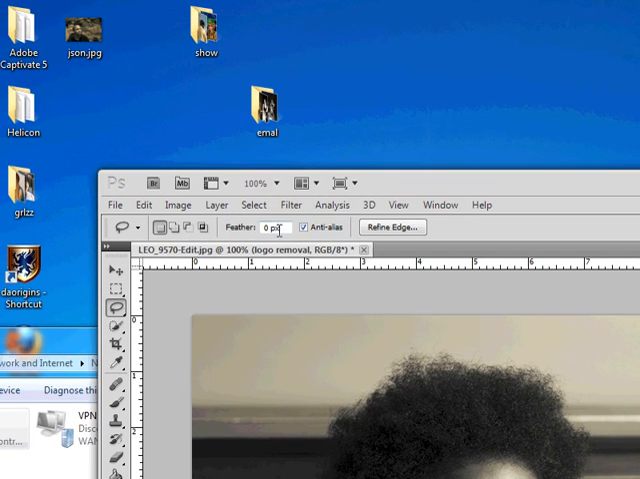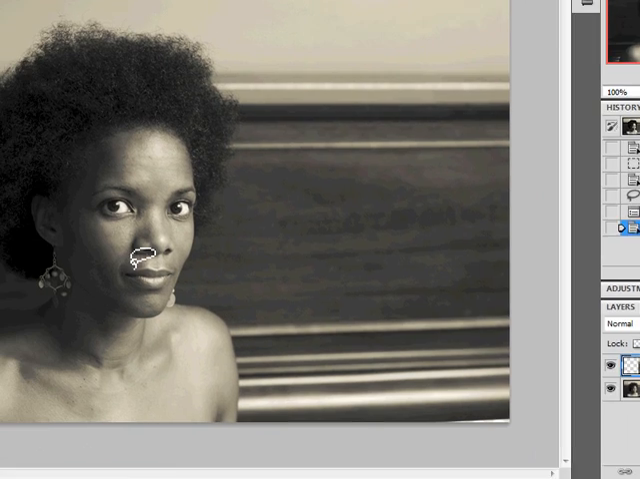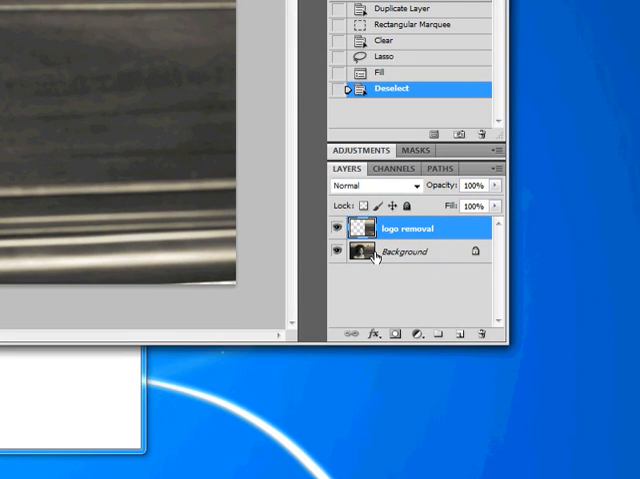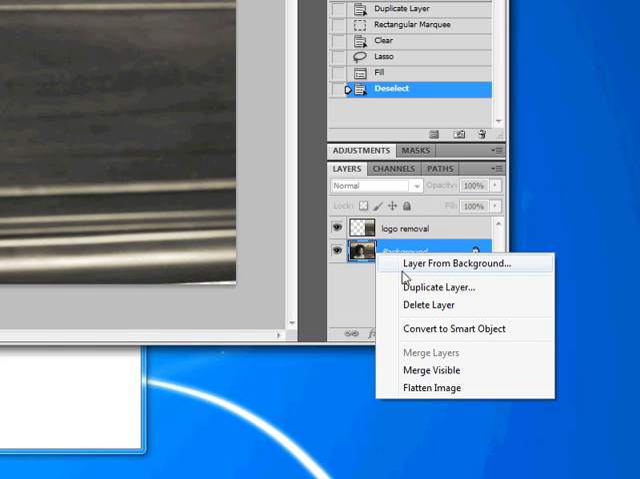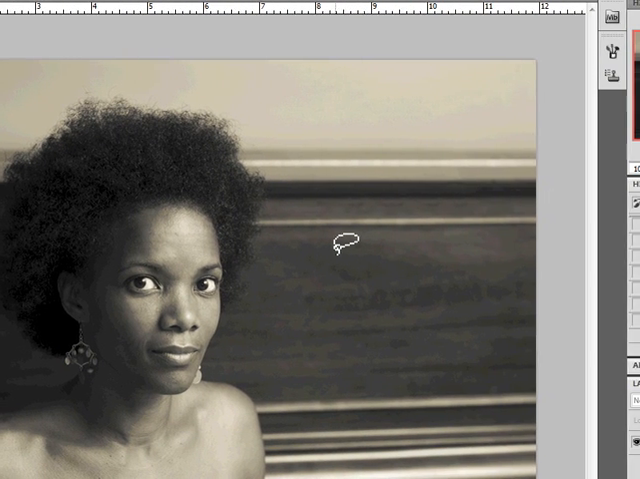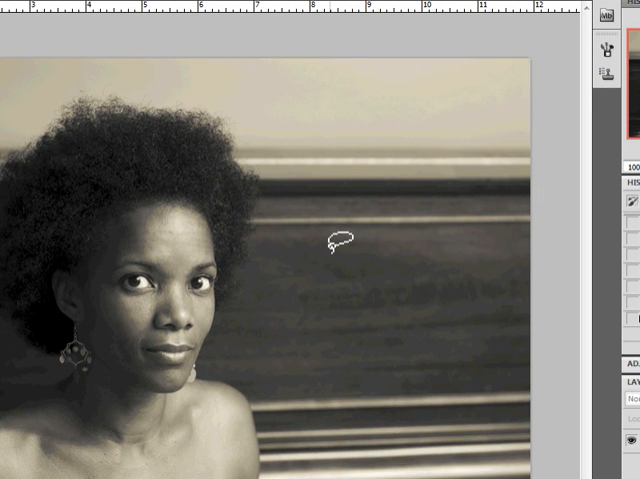I bring back my background layer. I go ahead and deselect that area, and it's more like it. I'm going to go ahead and commit those changes by flattening the image, and there you go. CS5's content-aware fill, even if your image is a little busy and